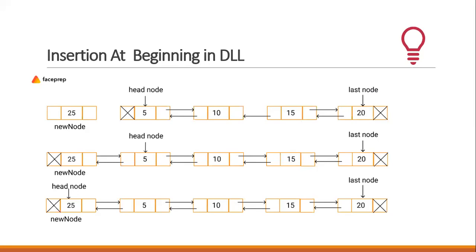That significantly there will be a begin node and an end node, and the previous of the begin node is going to have null, and the next of the last node is going to definitely have null.